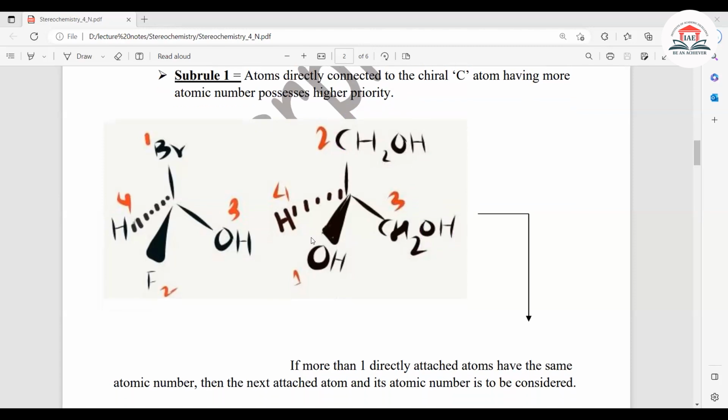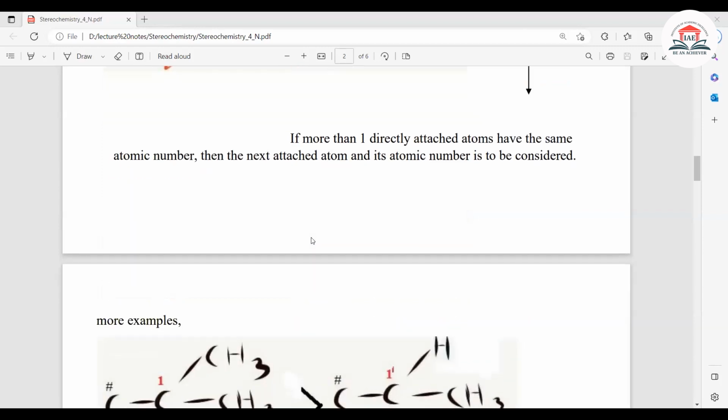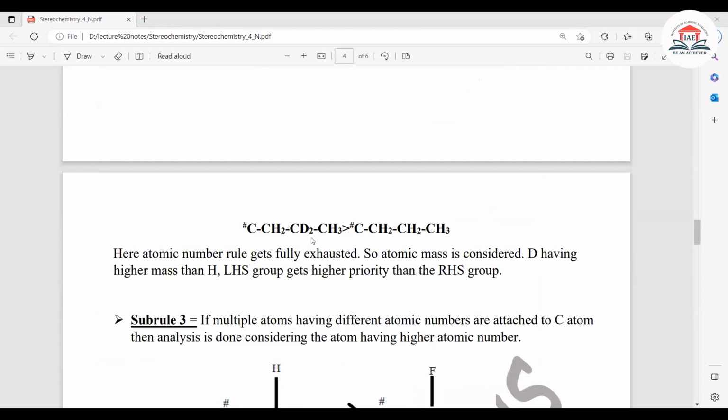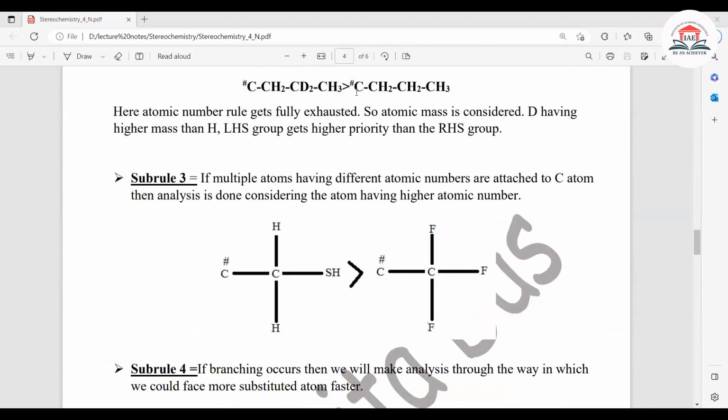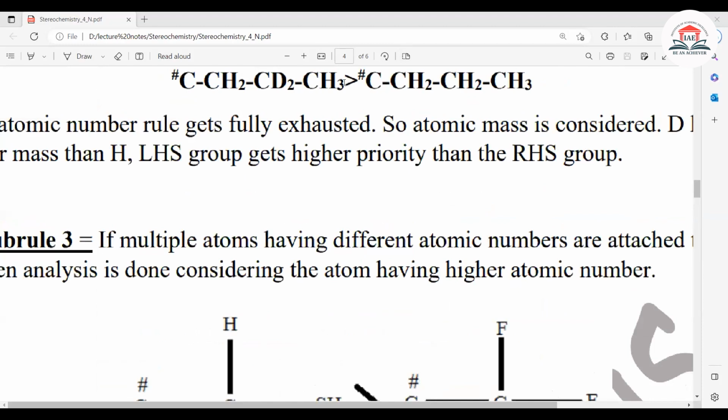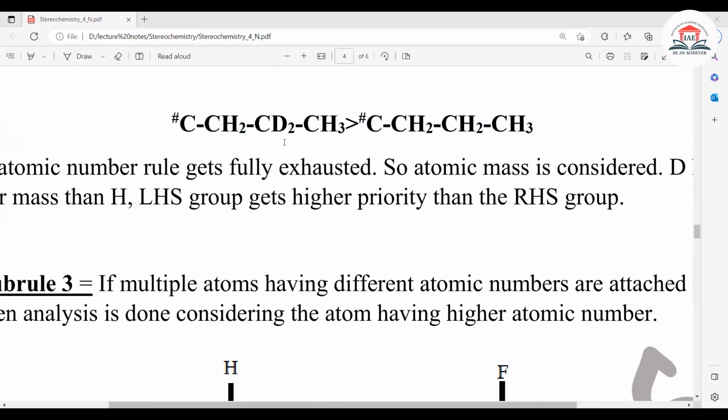নাম্বার যদি ফার্স্ট অ্যাটমটা সেম হয়ে যায় তাহলে সেকেন্ড অ্যাটমে যাবো, যদি সেকেন্ডটাও সেম হয়ে যায় তাহলে থার্ডটাতে যাবো, এরকম ভাবে চলতে থাকবে। আর যদি দেখিস যে পুরোটা চলে গেলি তাও তুই কিছু বুঝতে পারছিস না, তখন মাসটা কনসিডার করতে হবে। যেটা এই এক্সাম্পলটাই ছিল। যদি দেখিস যে অ্যাটম নাম্বার দিয়ে আর বোঝা যাচ্ছে না, তখন মাস, যেমন এখানে ডয়টেরিয়ামের মাস হাইড্রোজেনের থেকে বেশি, তাই তখন আমরা